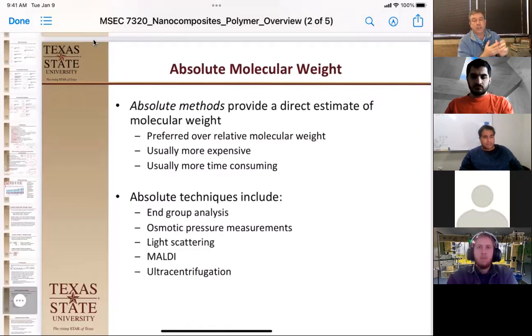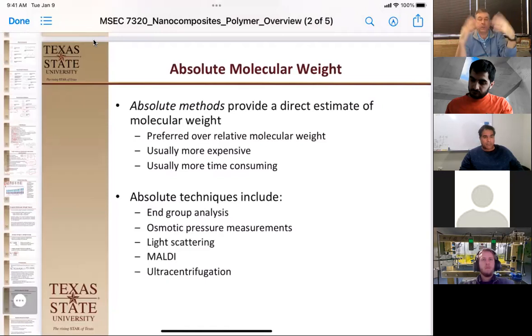And then there's MALDI, which is matrix-assisted laser desorption ionization. So basically, you put your polymer in something like nicotine that's easily volatilized. You hit it with a laser, and that blows all of your polymer particles into the gas phase. Notice we didn't volatilize the polymer. The polymer itself cannot volatilize. It would be impossible to have enough energy to make it vaporize. So what we've done is we've blown it into the vapor phase using some other thing, that's the matrix. And then once it gets blown into the air, it can actually then go through a mass spec and analyze it for exact